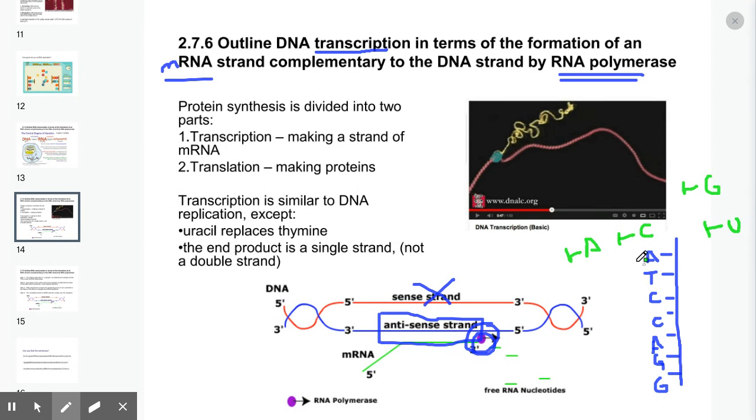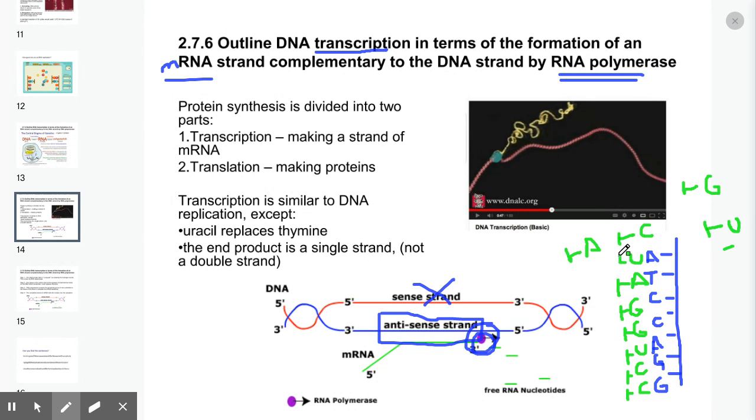And then these free nucleotides will start connecting. So we have our U, we have our A, which will complementary base pair there. C and G don't change. A and U for RNA. We have a C and a C, a cytosine and a cytosine. And I'm going to draw the backbone here. So those nucleotides connect to those exposed pairs.